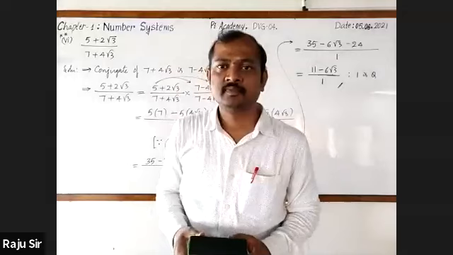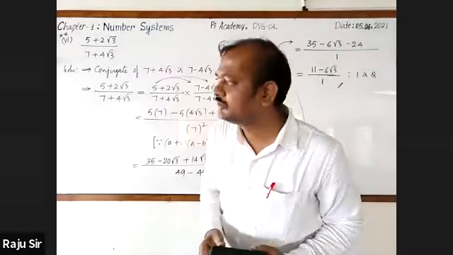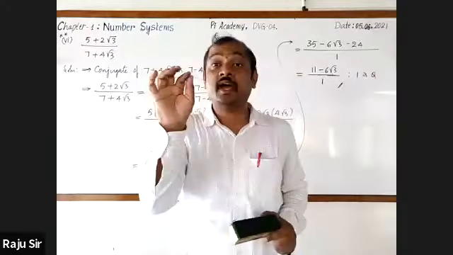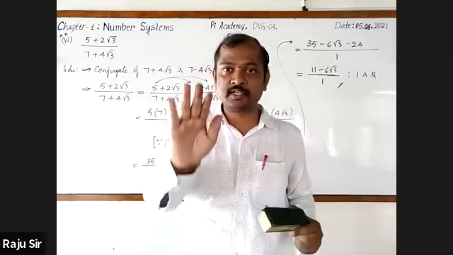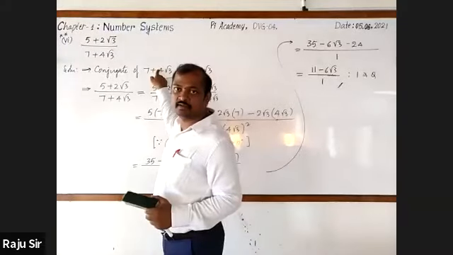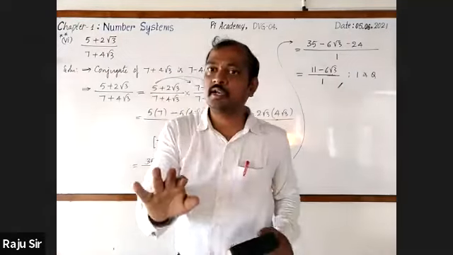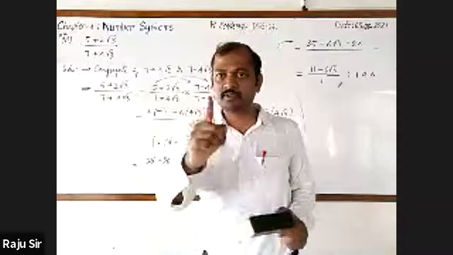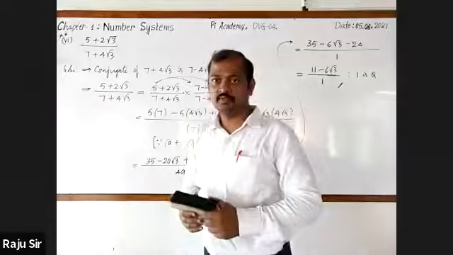Excuse me, sir, I have a doubt. Tell your name. Rakshita B, sir. Sir, in the numerator first 5 plus 2 root 3 is there, no? Do we have to convert it into 5 minus 2 root 3? No. See, what is the main question? Rationalize the denominator. We are focusing on the denominator. Hence the denominator's conjugate should be taken. If they ask about the numerator, then take the numerator. We are going to take only the denominator. Did you understand? Yes, sir. Okay.